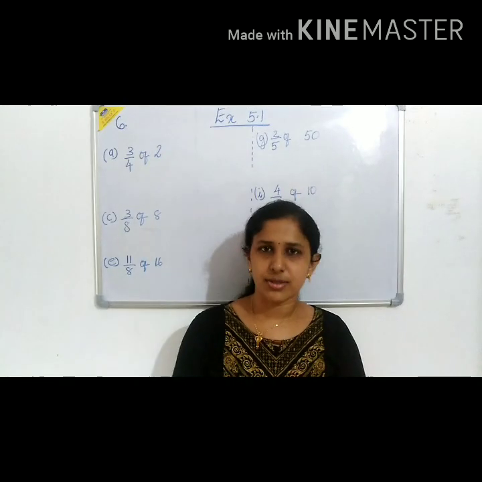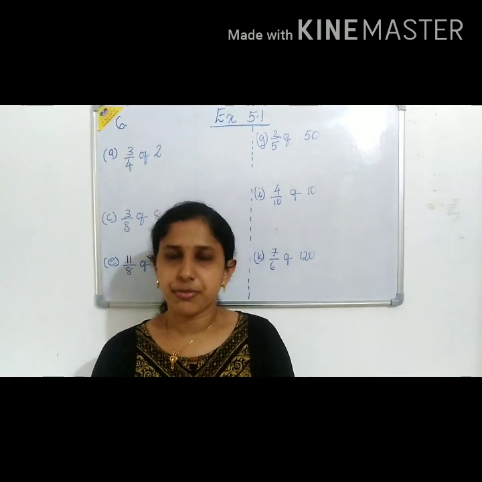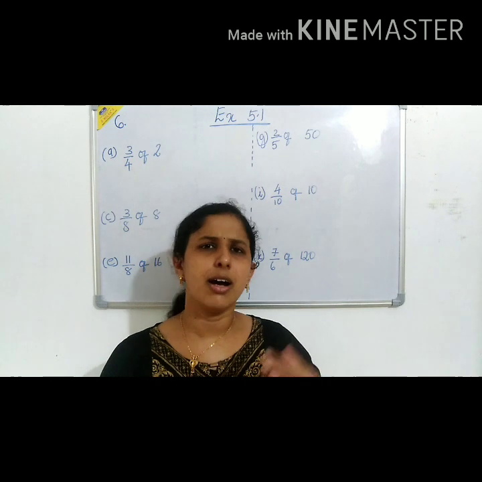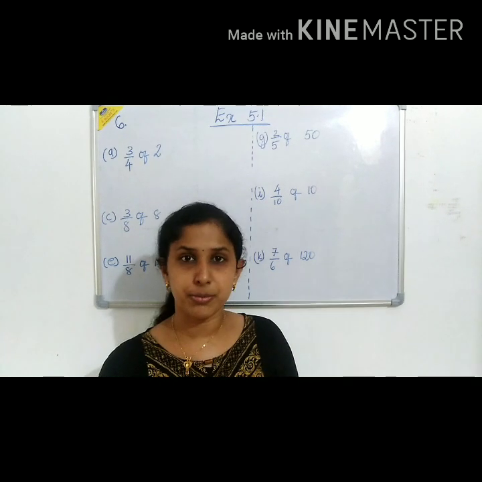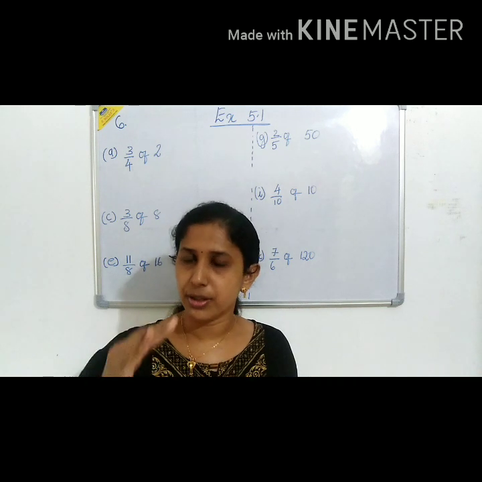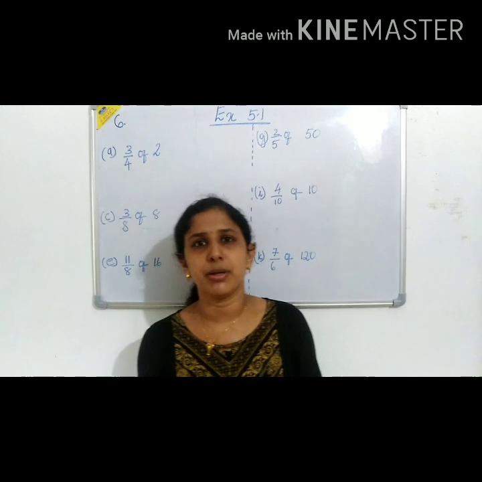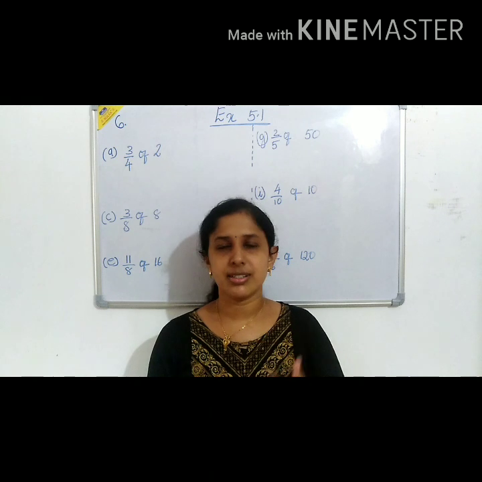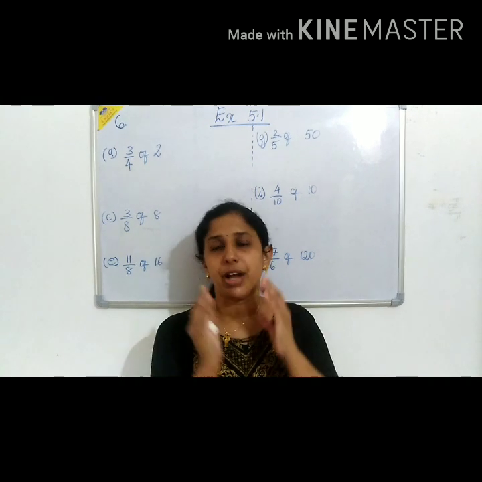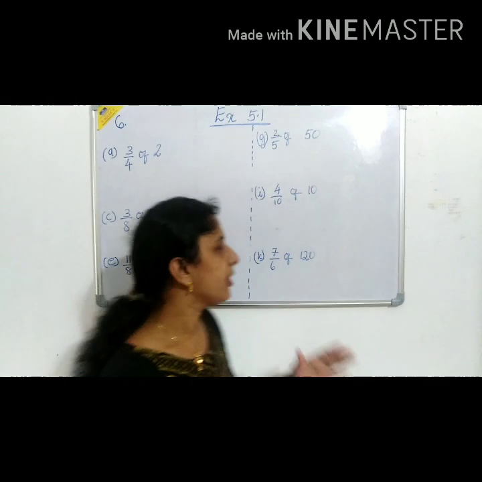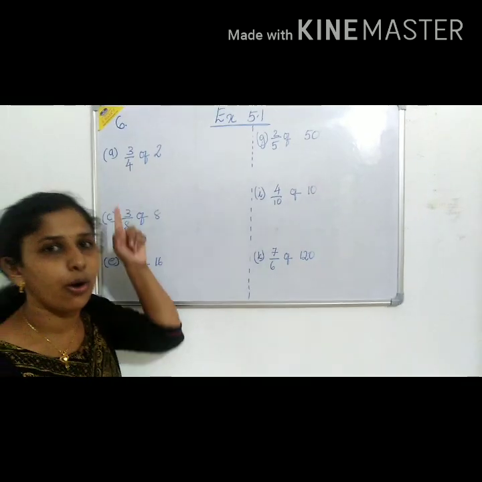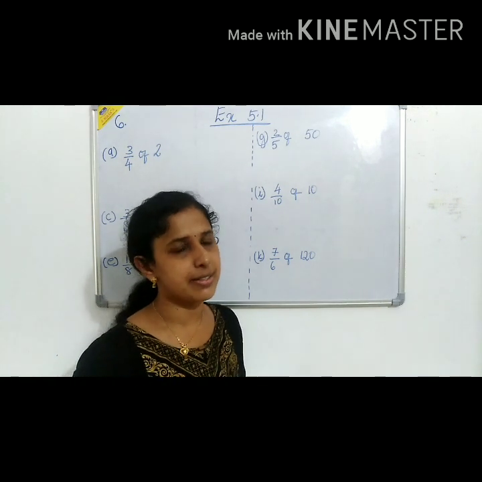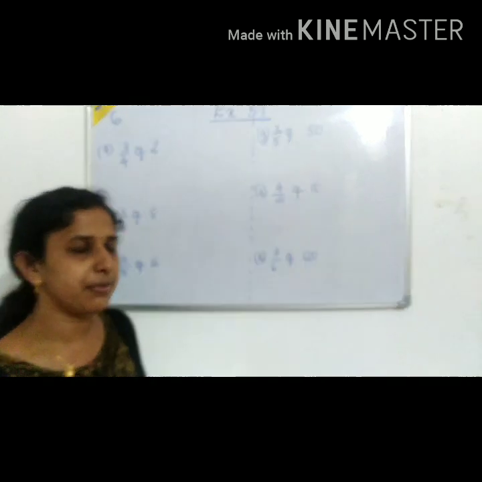Now, question number 6. Here, we are going to find the fraction of a number. We have learned about what is the half of number 4. Half of number 4 means 1 by 2 of number 4. We know that. What is the half of number 4? It is 2. Because 2 plus 2 become 4. Now by doing such calculations, how we can find the fraction of a number? Here you can see in these questions a word of. Here of means multiplication. Of means our multiplication simple. This is very simple. We can see the first question.